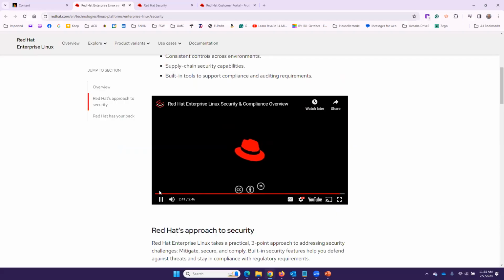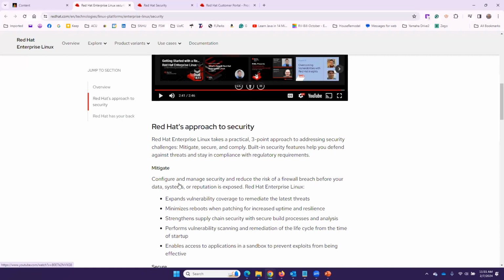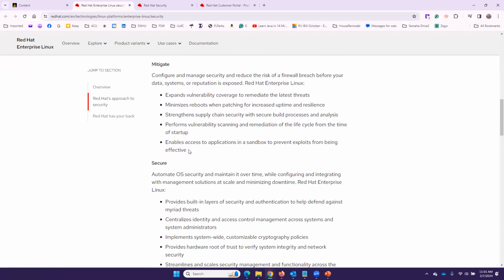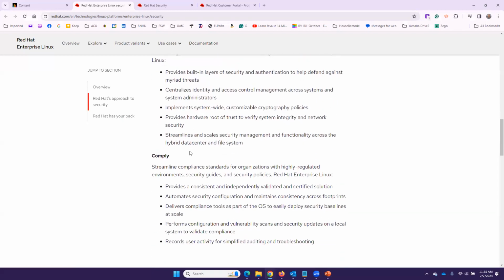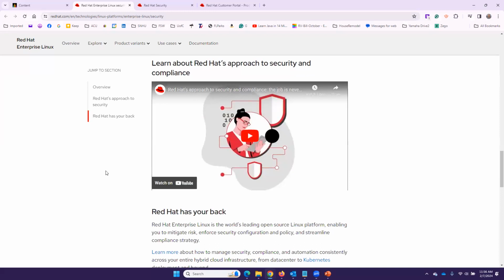So like I said, if you don't already, chances are pretty strong that you will work in a Red Hat or a Linux environment. But the OS does the same thing: mitigate, secure, automate their security. They comply with regulations, and there's further videos on